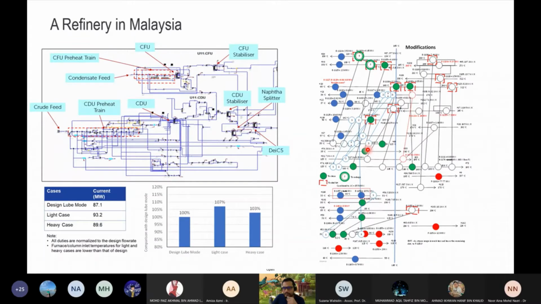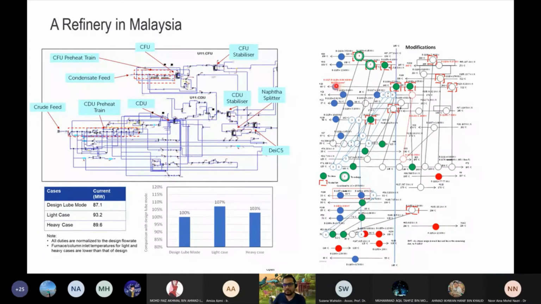We made the graphs, and then we have this grid diagram for all of the exchangers. You can see, for example, the red ones are heaters, the furnaces. These are the ones whose duty we want to reduce. The blue ones are coolers, air coolers or condensers. An exchanger with one line and two circles, we typically call a process-to-process heat exchanger. We want to maximize the energy usage in all of these process-to-process heat exchangers in such a way that the duty imported in the furnace is minimized,